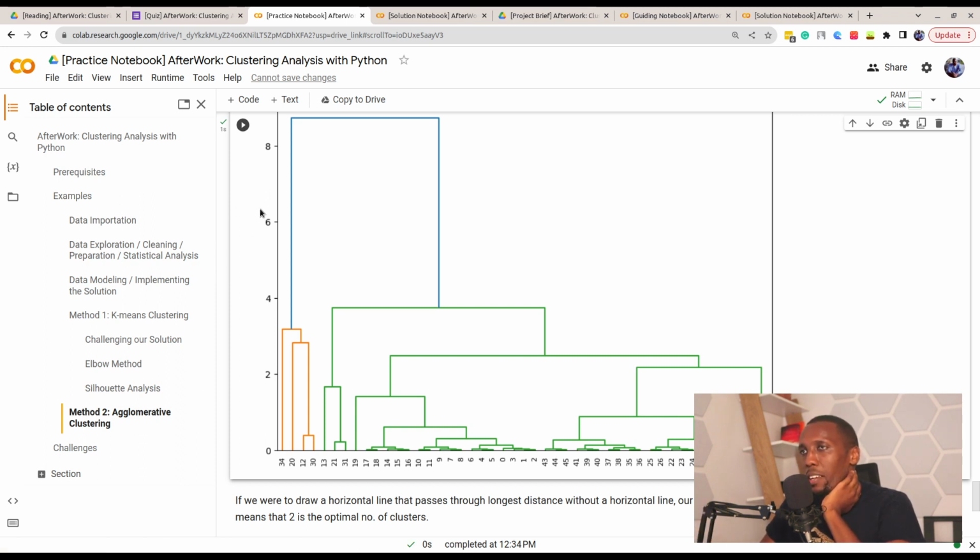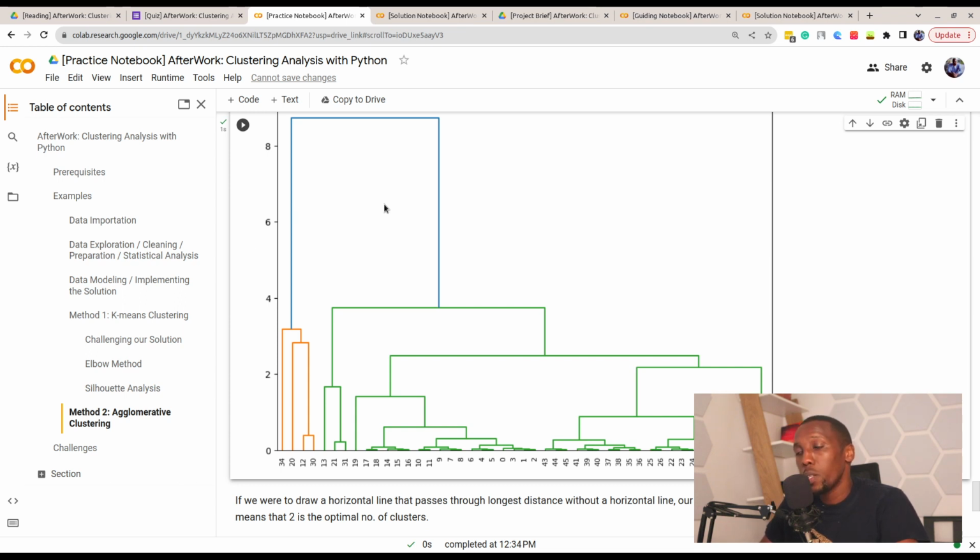In such a situation, we can decide to draw some sort of imaginary line. If you were to draw a line from this side to this other side, that line would cut these two lines twice. In some other situations, you could have these two lines over here come to the very top, and if you were to draw a line, because those ones would be the longest ones, including this other one, then you'd have 3 clusters. But in our situation, we have 2 clusters,